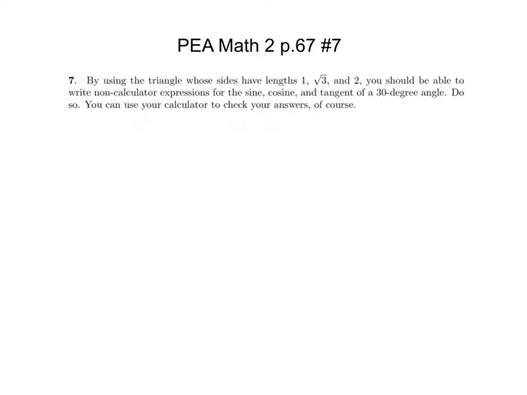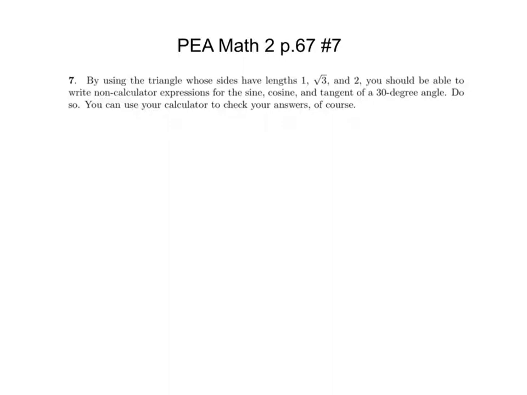So we're looking at page 67, number 7. There are two main ideas here. The first main idea is kind of revisiting and continuing to memorize our 30, 60, 90 right triangle relationships. So the first thing